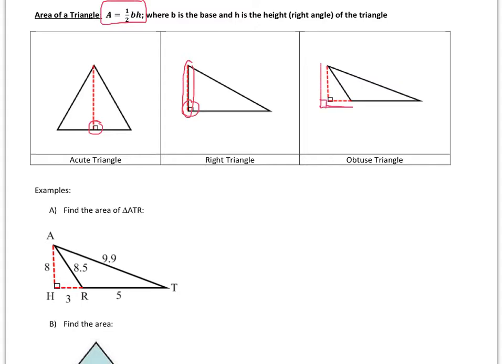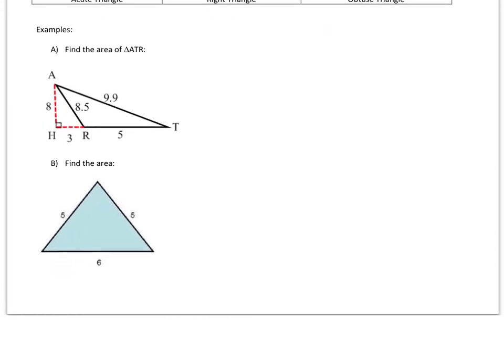Now the red lines do not represent actual lengths of the triangle, it's just showing an extension so that we can clearly see what the height is, because the height has to be at a right angle with the base. So if we applied this to our example here,